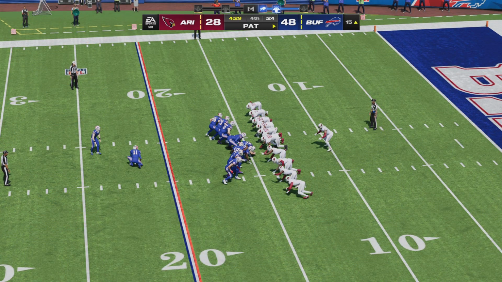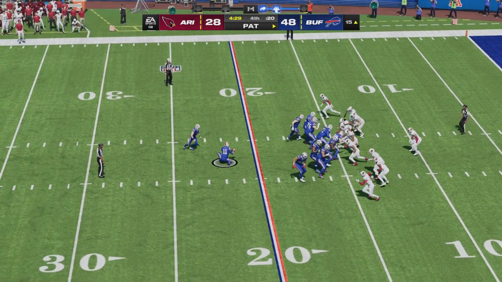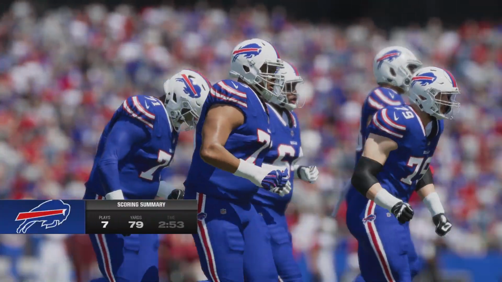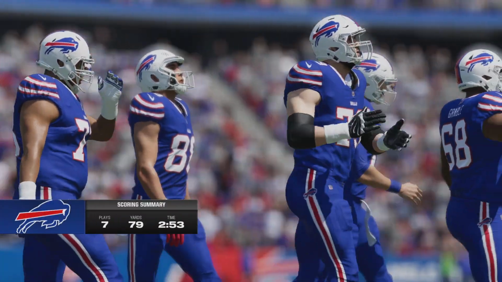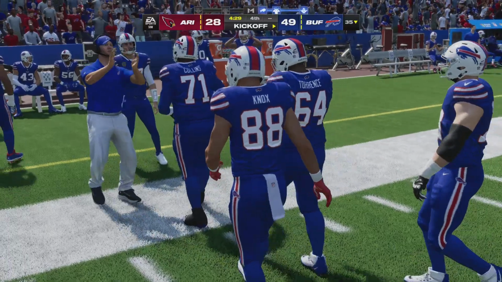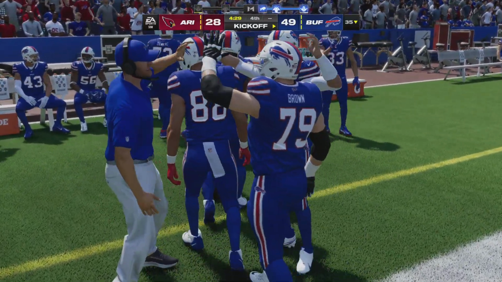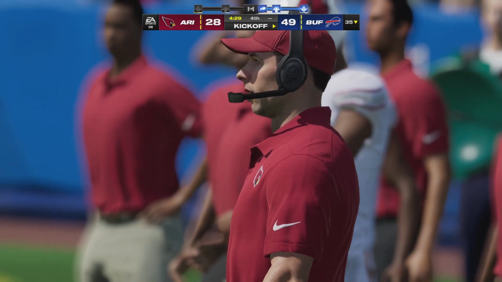Bass on for the extra point. And he's been a busy man, 5 for 5 now as he knocks another one through to extend the lead. So that drive was 7 plays in length, and it was all polished off with a Khalil Shakir touchdown catch.